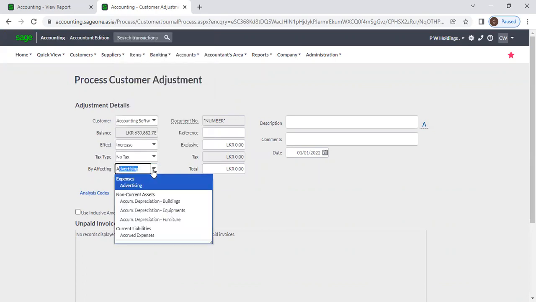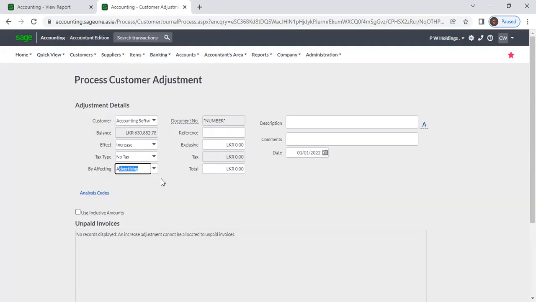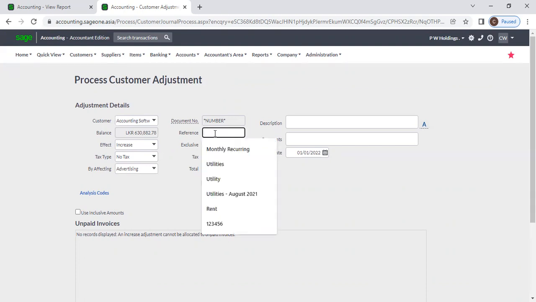Now for an example, by mistake you have entered advertising expenses to your advertisement account and you want to correct that one. So in that case, you can select this by affecting account as advertising, and now here your customer balance will increase, that is trade receivable will debit and credit this selected account. Okay, after that you can enter reference number, any correction number or any reference number, and you can enter the amount,